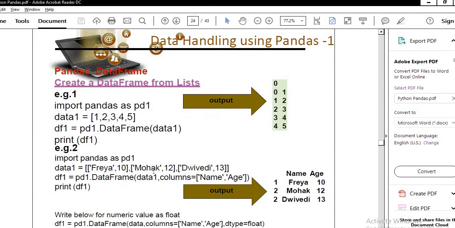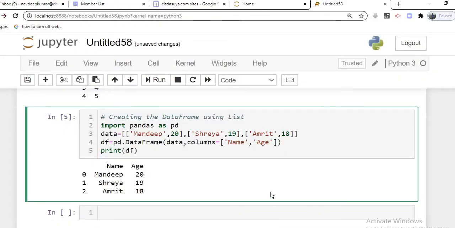So here there is one more thing: if we want to convert the numeric value to float, we can mention the data type as float. So how can we do this? We can pass a third parameter, dtype equal to float.